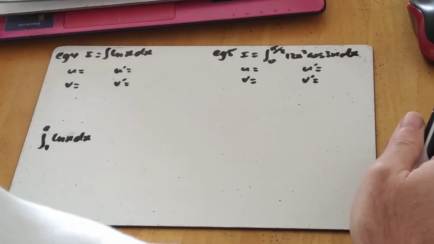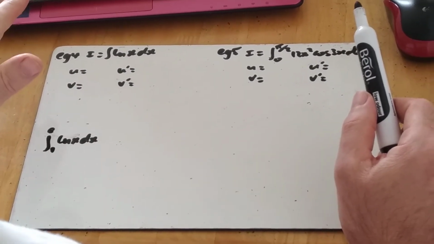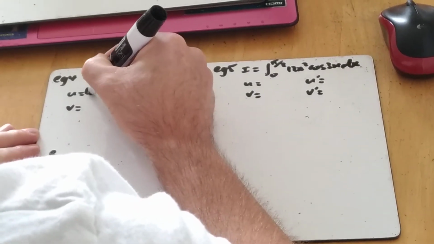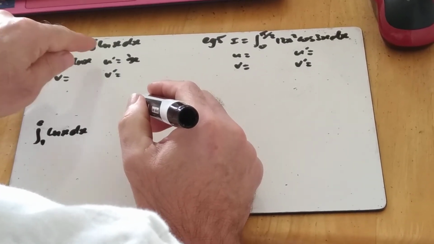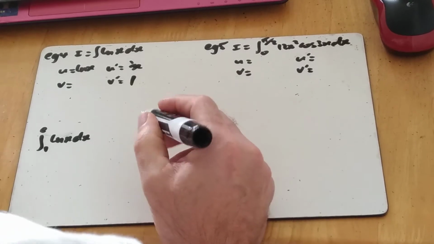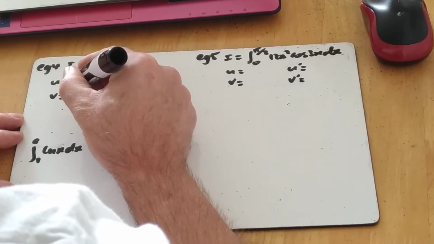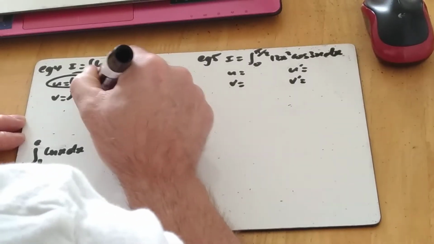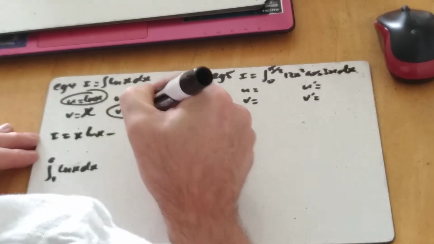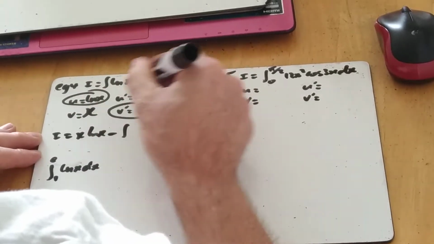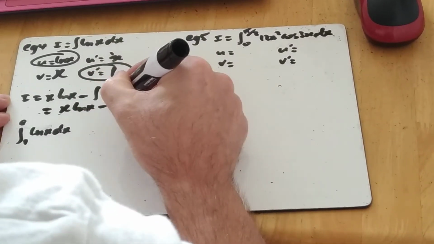But let's have a look at how we would integrate ln x on its own. This is unusual because all the others are to do with when I have a product. Now, I said before, I have to put ln x in that slot there, so I get 1 over x. I've got to realise that to form a product, I've got to rewrite the integration as ln x times 1, so v dash will equal 1, so its integral becomes x there, so I've got my u in that slot, my v dash in that slot there, my integral then becomes x ln x minus the integral of that times that, x times 1 over x is the integral of 1 dx, so we get x ln x minus x